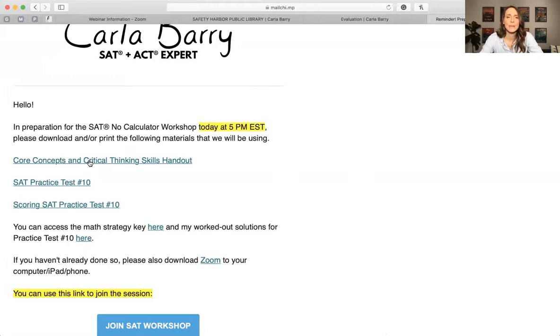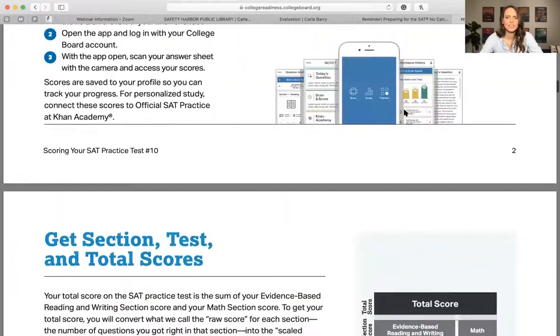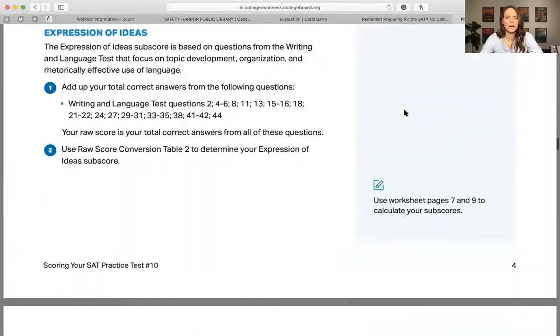So this is a blank core concepts and critical thinking skills handout. So you can use that to kind of test yourself. And then a blank practice test 10, and then just scoring for practice test 10. As we're about to get ready to dive into some questions, let's just take a second to look here at